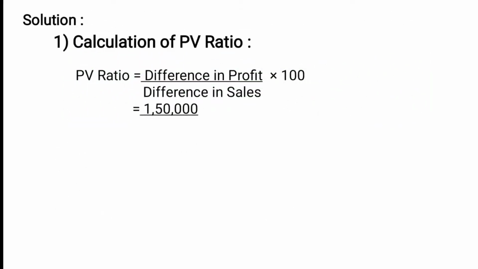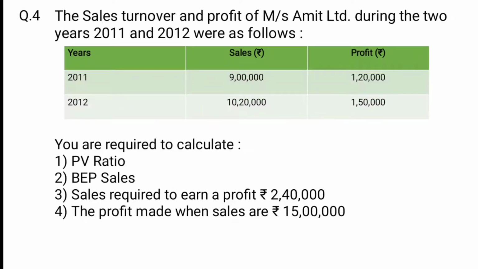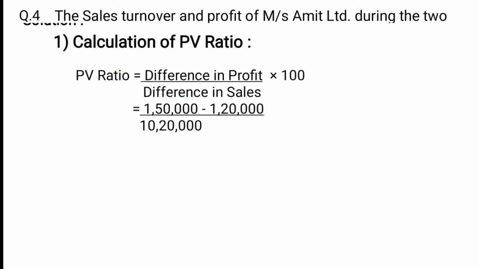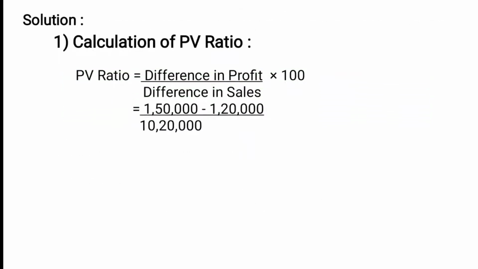So we'll record it, rupees 1,50,000 minus rupees 1,20,000 divided by difference in sales, which is rupees 10,20,000 minus rupees 9 lakhs. So we'll record it, rupees 10,20,000 minus rupees 9 lakhs into 100,